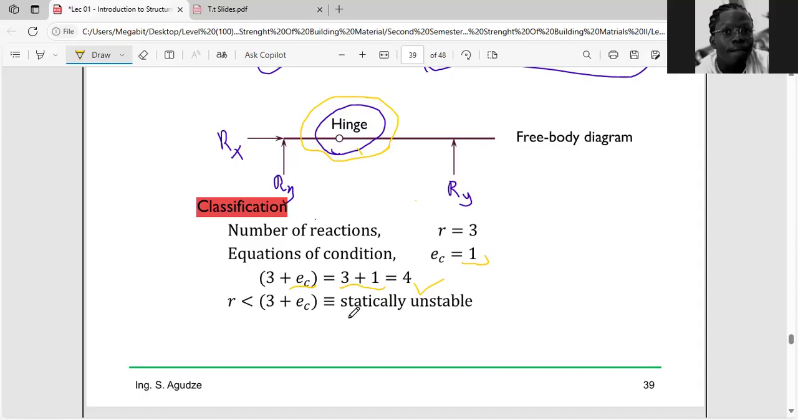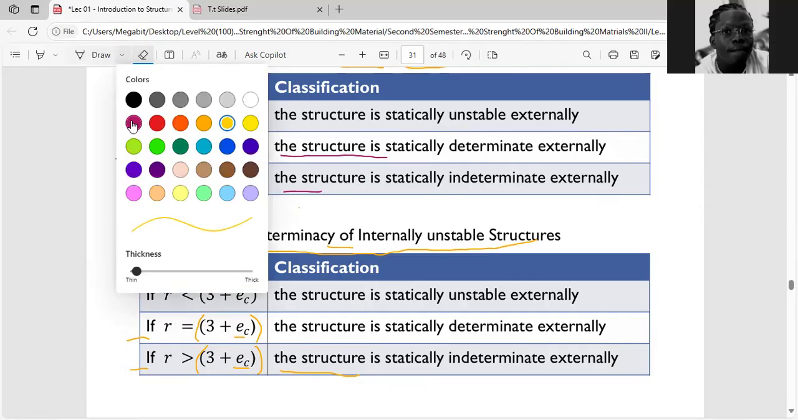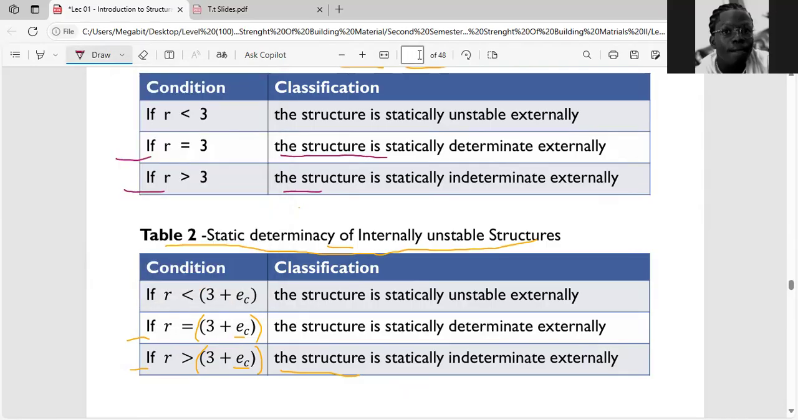From the idea of table 2, you realize that they are saying if R is less than 3 plus EC, then the structure is statically unstable externally. Okay. So from page 39,